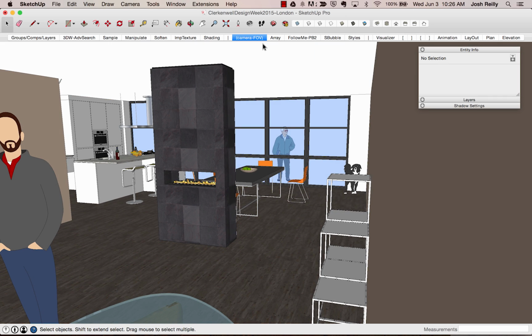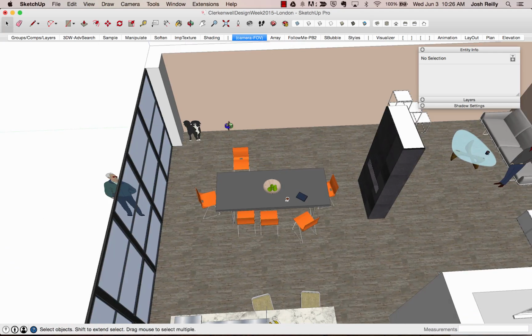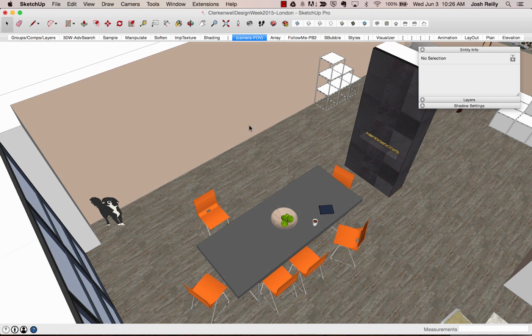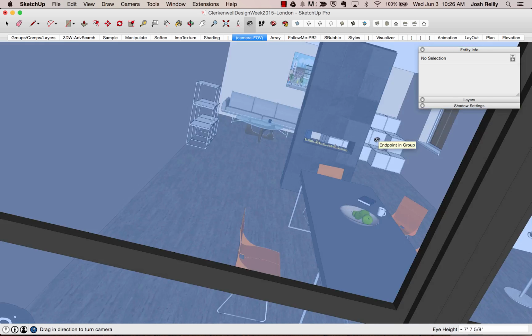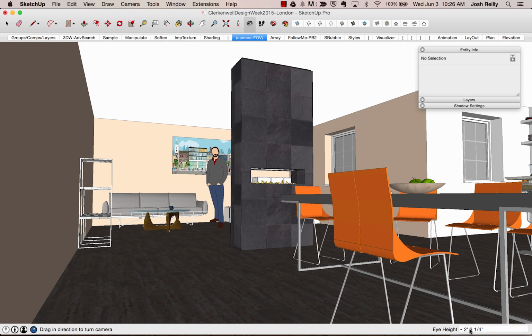Let's say we wanted to check out the vantage point from our buddy over here in the corner. So I can actually take a look at what the room looks like from his eye vantage point. And that's with this position camera tool. If I click and drag from his eye height here, I can release the mouse and look at a certain spot. So now you can see the eye height is a little over 2 feet. If I want to change that,